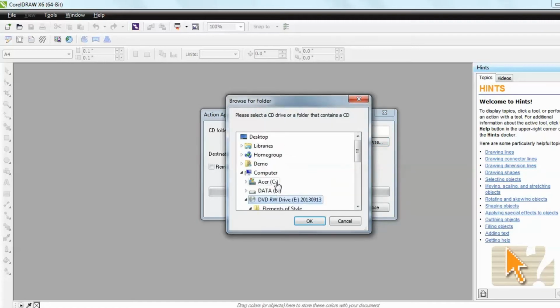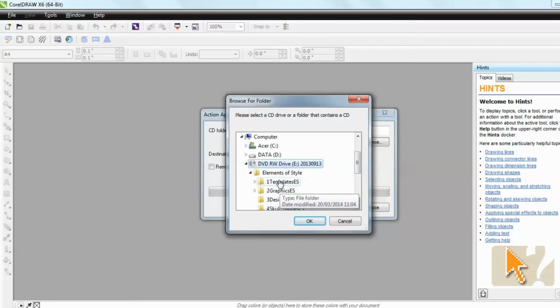Browse to the CD, and we can see all the various albums of artwork in here. Now you import each album individually. So we go to start with number 1, templates, ES, templates, elements of style, number 2, number 3, number 4,